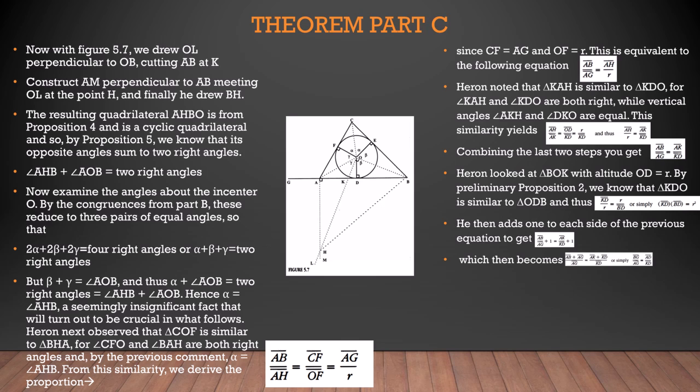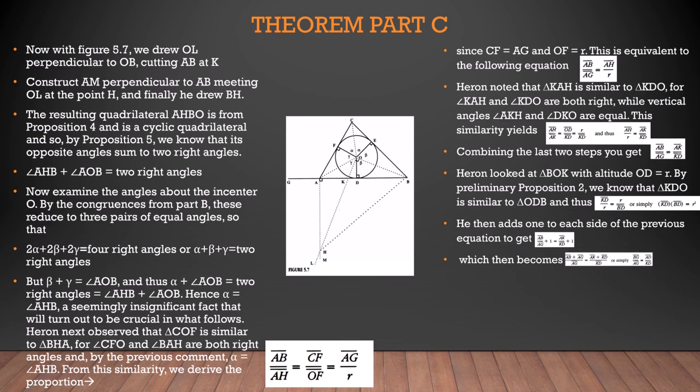So we know that the opposite angles sum to two right angles. Now examining the angles about the incenter, by congruence from part B, these reduce into 3 pairs of equal angles, so that 2 times alpha plus 2 times beta plus 2 times gamma equals 4 right angles, or alpha plus beta plus gamma equals 2 right angles. But beta plus gamma is equal to angle AOB. So alpha plus AOB must be equal to 2 right angles, which is equal to AHB plus AOB, which makes alpha equal to angle AHB, which doesn't seem to matter much at the moment, but